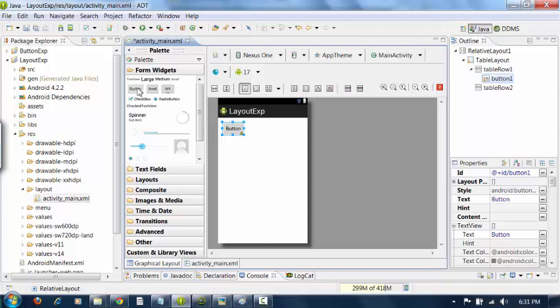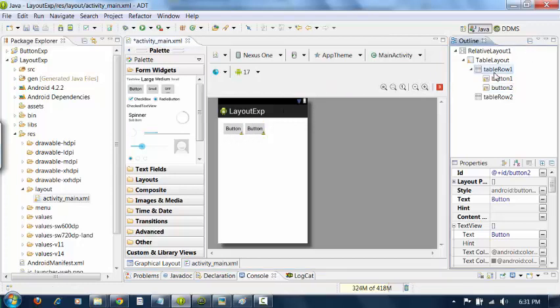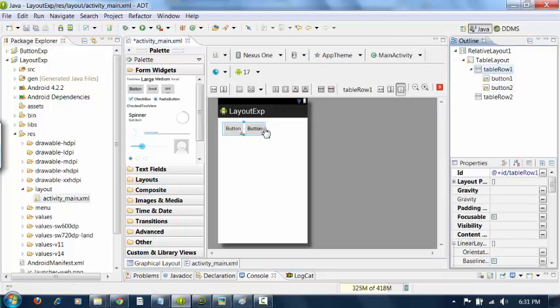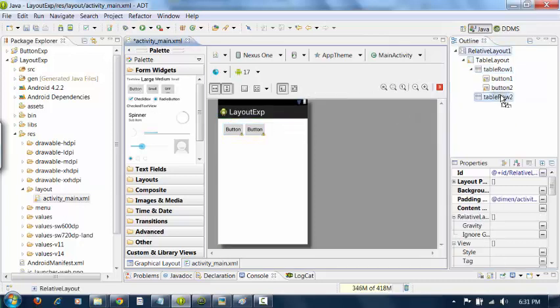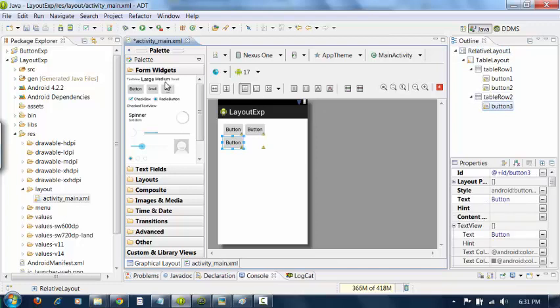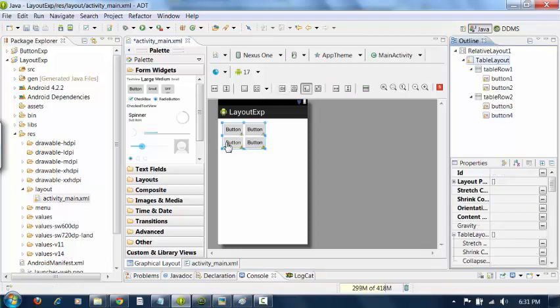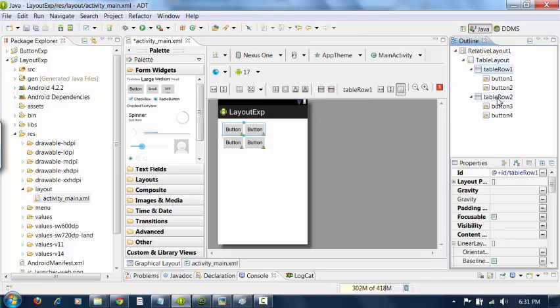For example, if you are adding one more button here, it considers this particular row contains 2 columns. Okay, similarly you can add the components to row 2. Okay, so this complete thing is a table where it contains 2 rows, row 1, row 2.